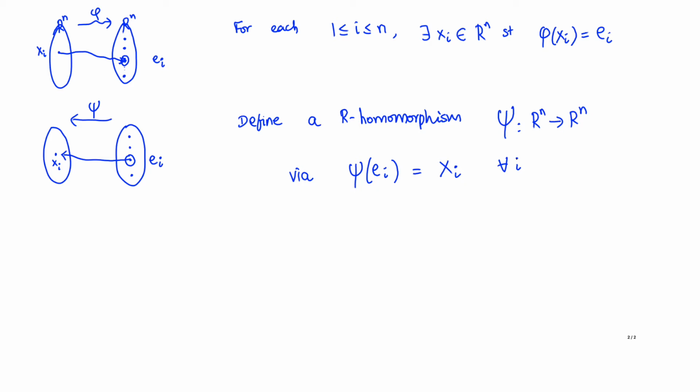Now, what is the property of psi with respect to phi? Observe, by construction, if you first apply psi and then apply phi on any of the e_i's, what you get back is e_i again. So it maps each basis element back to itself. Therefore, the composition phi psi is nothing but the identity homomorphism of R^n, let me call it I. Now let's do this in terms of matrices. Let B denote the matrix of psi.